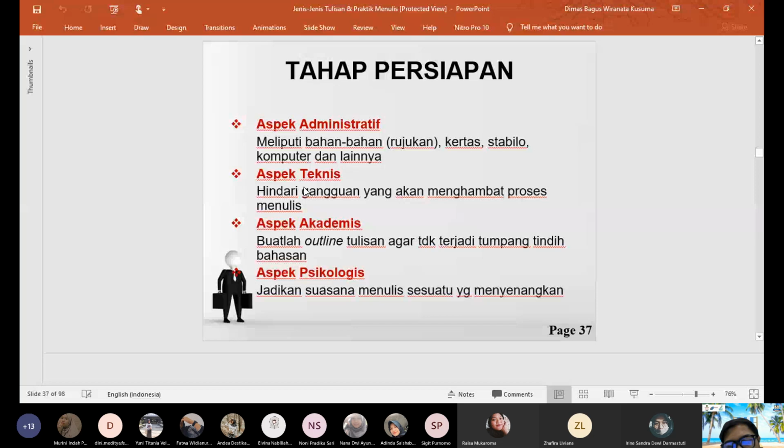Later on, how the academic side here is very important because you are going to have outlines, the outlines of the books. And the third one is psychological aspects. So you have to be committed to finish the book on time by setting up the timeline, for example, or targeted time. And once you have already prepared this first space, we go to the next part